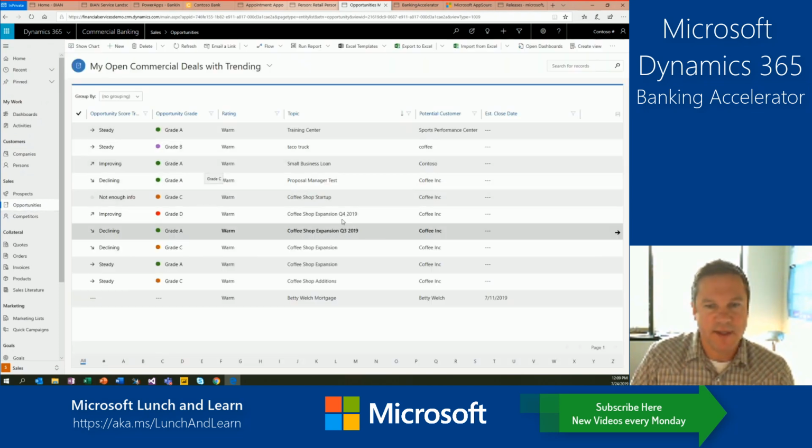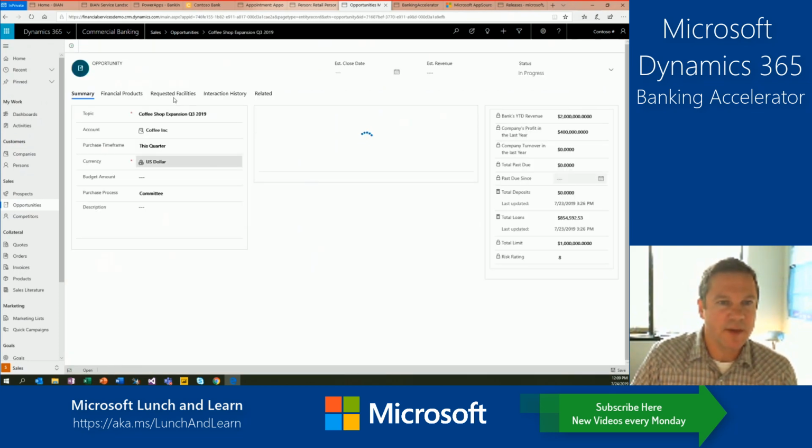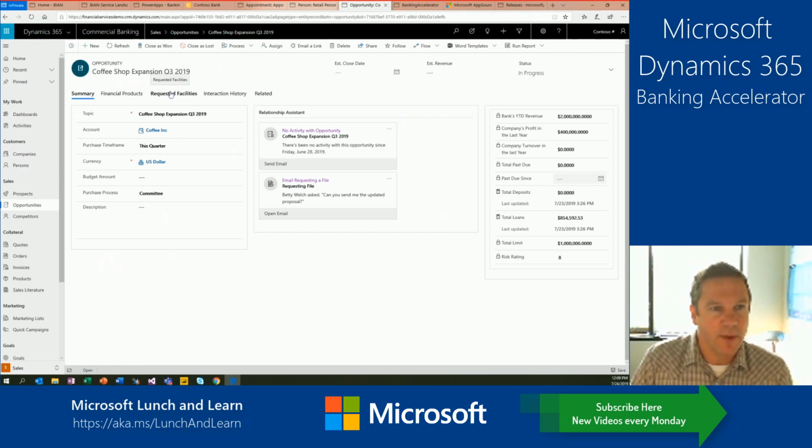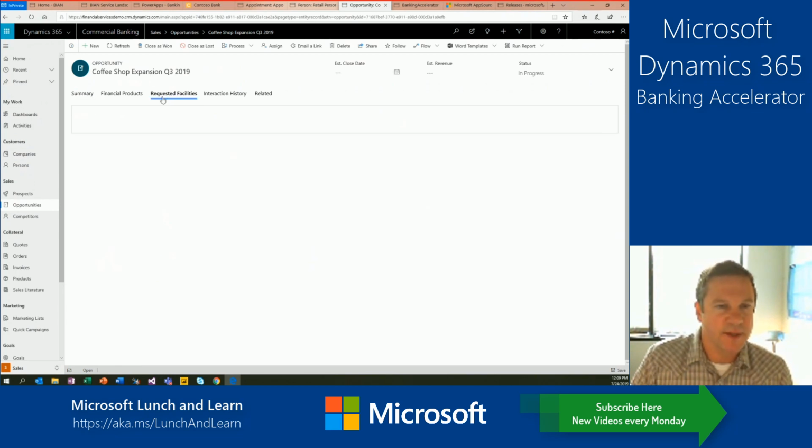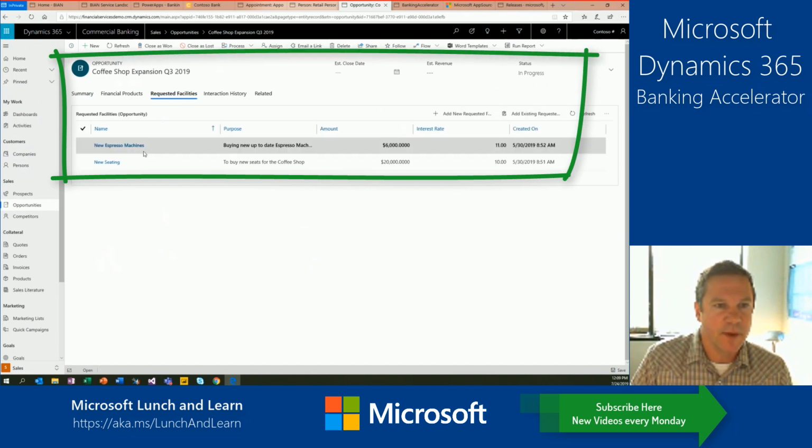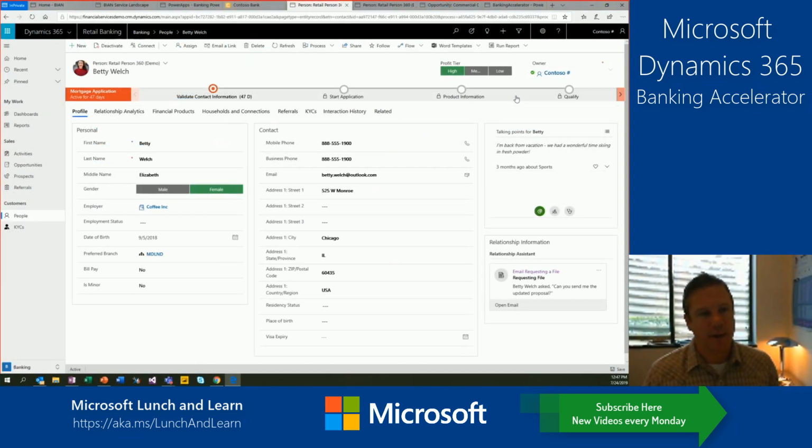So in this case, as you can see for the commercial deal, they can set up a coffee shop expansion and see what requested facilities are related to this commercial deal. So in this case, perhaps they want new espresso machines, new seating, the additional facilities that are being requested from the bank. Now at this point, they can interact with Proposal Manager. Now in this case, they're probably going to want to collaborate with things such as maybe an appraiser on the property, a credit analyst. Different people within the bank might want to participate or would participate in the loan origination